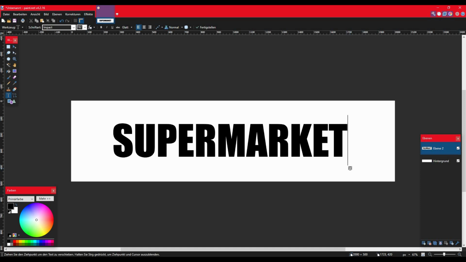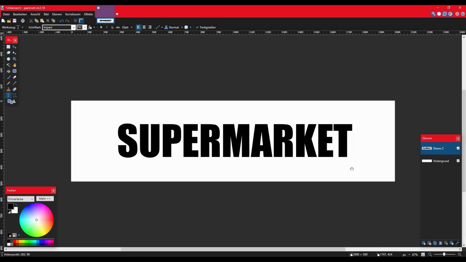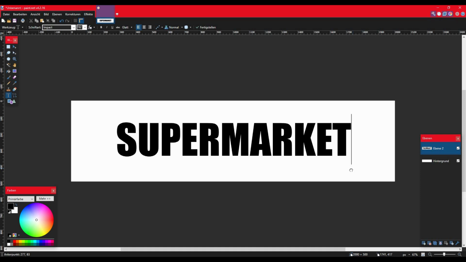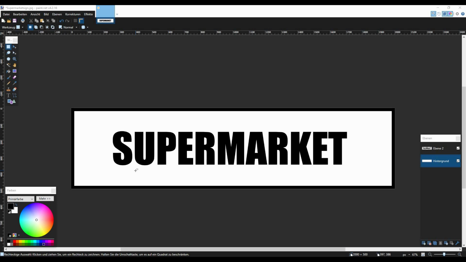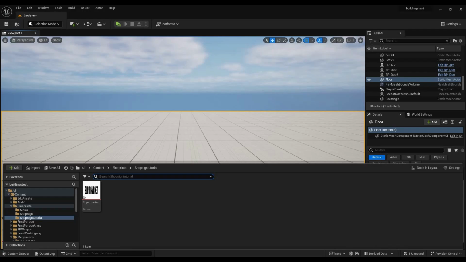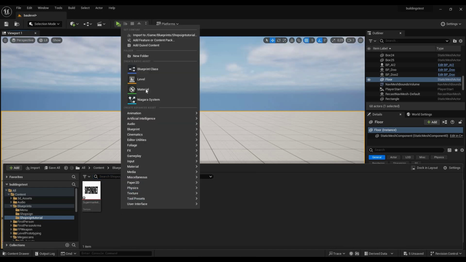You can spend as much time as you want on the shop sign design, but for this tutorial I think this will be enough. So I'm just gonna save this as a JPEG. I would also recommend incorporating some type of border into your texture, because that makes it a lot easier to adjust the UVs. So once you're in Unreal Engine, make sure you have your texture imported and start by creating